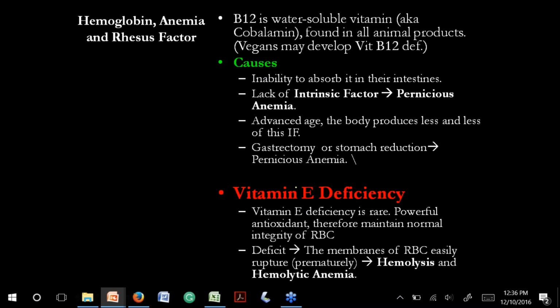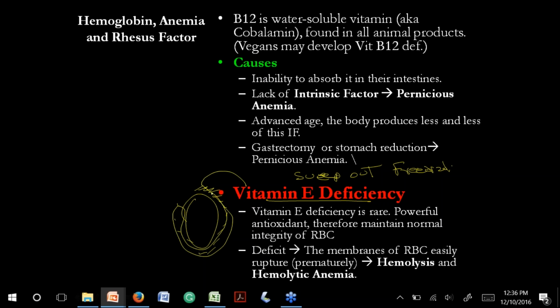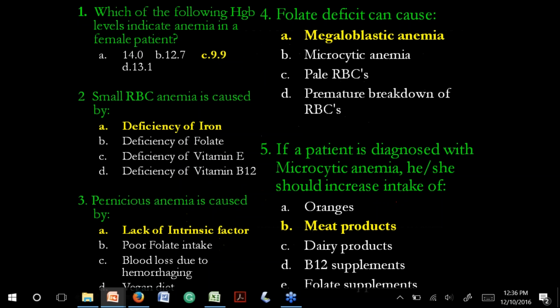Okay, vitamin E, important please. That is going to sweep out what? The free radicals. So if the red blood cell is here, the free radicals are trying to attack the red blood cell. So super vitamin E is coming and is going to take them all out, and the red blood cell is going to last longer because it's not going to be destroyed by the free radicals. If you have low levels of vitamin E, which is not that common, they are going to produce hemolysis. Hemolysis is the breakdown of the red blood cell.